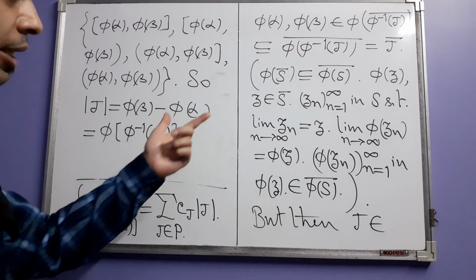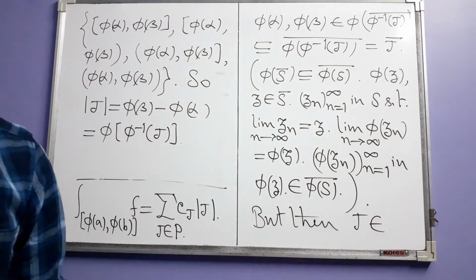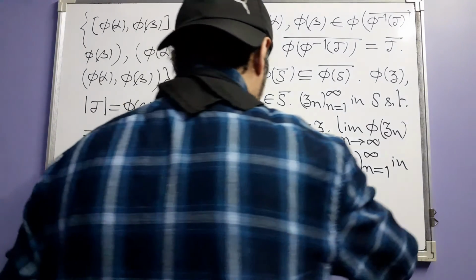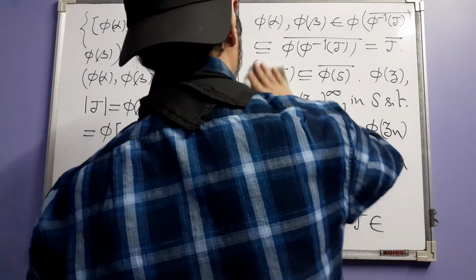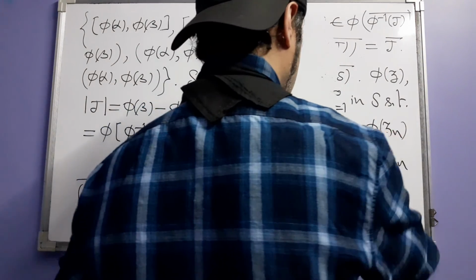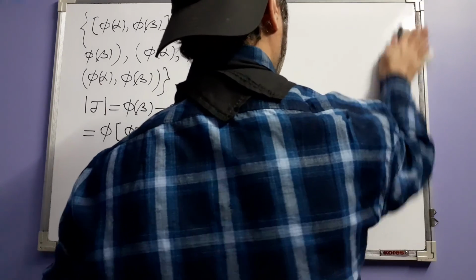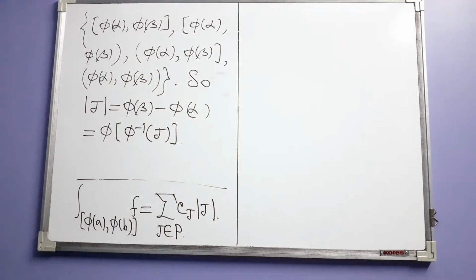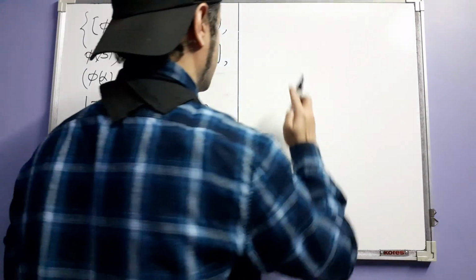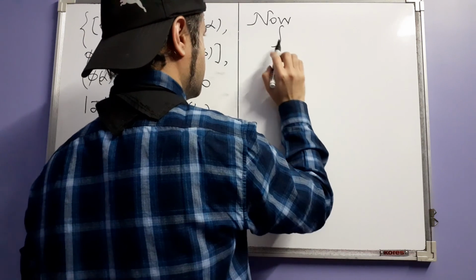And now we can go back to that integral, which was the left side of our claim, the final equation. The right hand side is this, and the left hand side is this